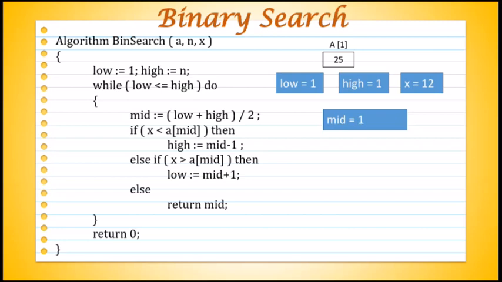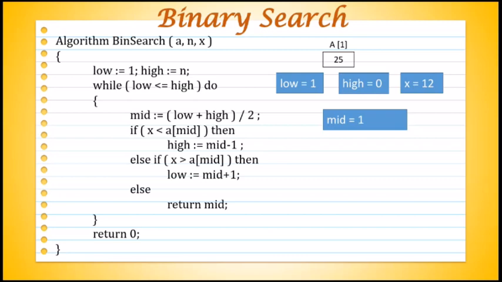So that is 0. So the new value of high will be 0. So after executing this statement, else if will not be executed, because the if condition is true, that means else if as well as the else part will be skipped. Because the previous condition, that is low is less than or equal to high, was true, that means we will again